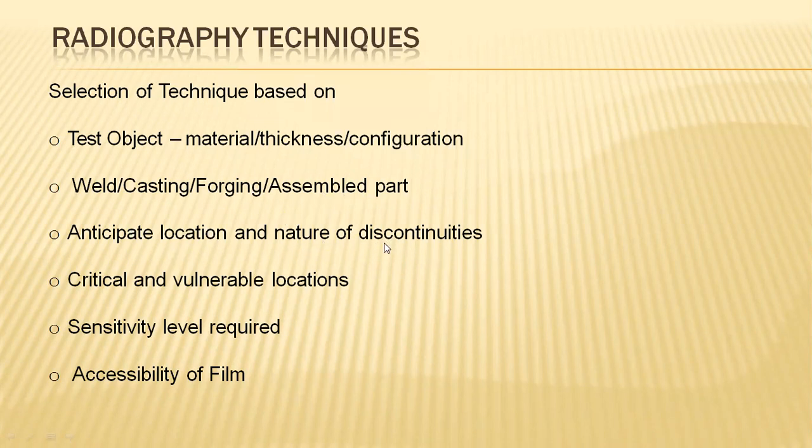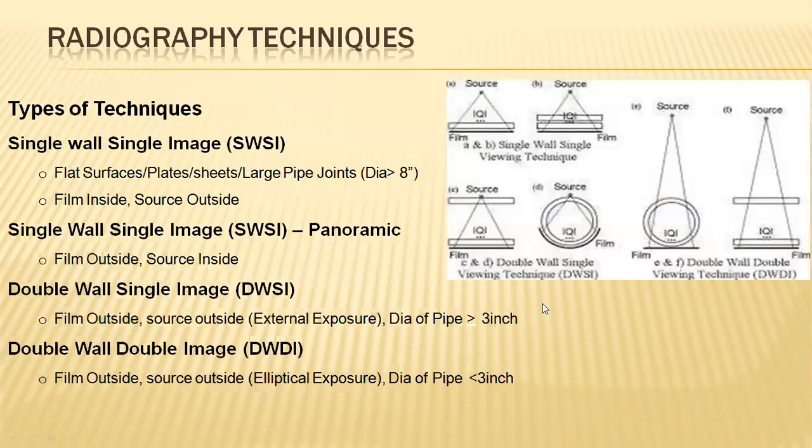and anticipate locations, nature of discontinuities, so where the continuous passage is not at all existing, that can be detectable, critical and vulnerable locations, and where a man cannot enter to rectify the problems, where the problems exist, that can be inspected instead of digging holes, sensitivity at liquid level, where the liquid is in a very hot position, there is non-reactive, that is of reactive nature when manual basis is involved. At that particular range, the radiographic technologies are utilized. Accessibility of the film. Entire that will get access to the range of films.